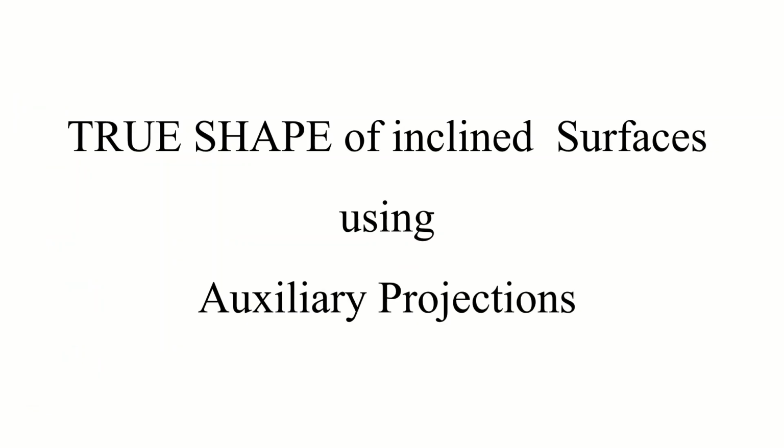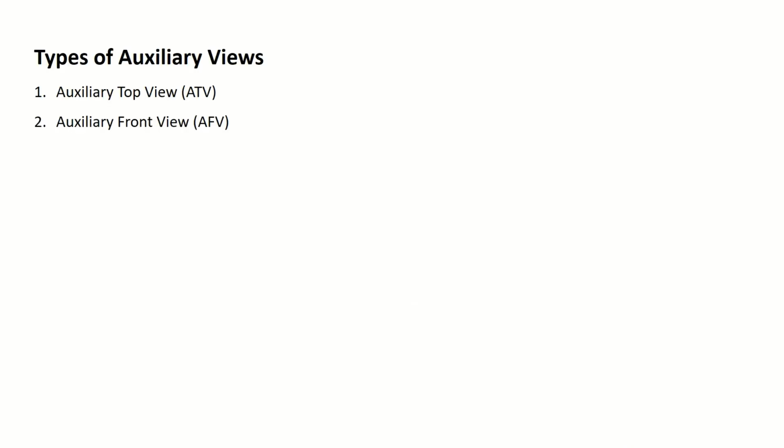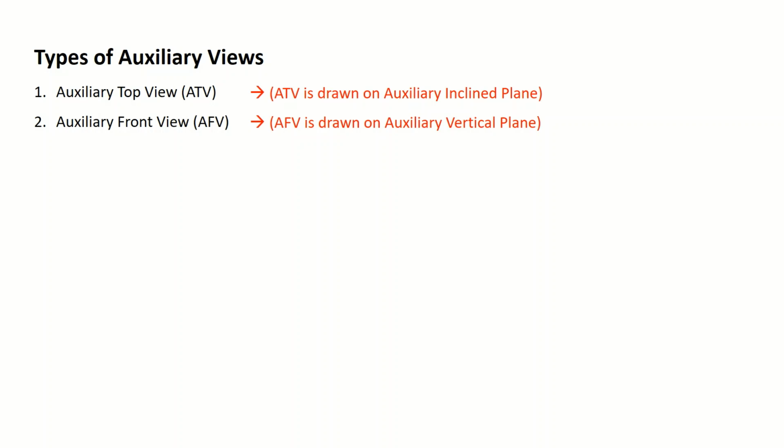Hello students, this video is on how to make true shape of inclined surfaces using auxiliary projections. So let us start. Basically, two types of auxiliary views are normally used: auxiliary top view and auxiliary front view. The auxiliary top view is drawn on the auxiliary inclined plane and the auxiliary front view is drawn on the auxiliary vertical plane. So in addition to the two standard planes, VP and HP, we will be using two additional planes: